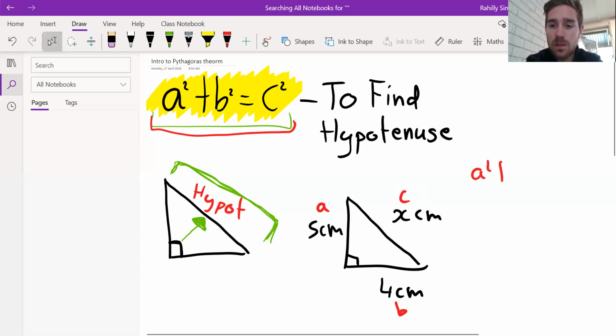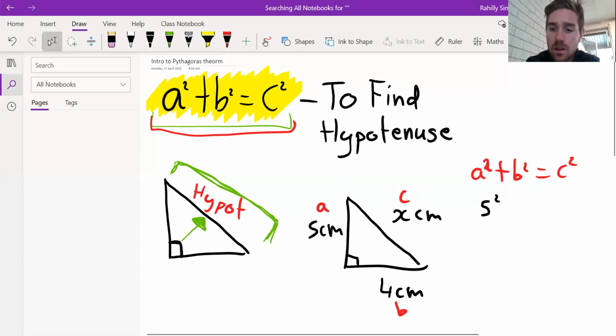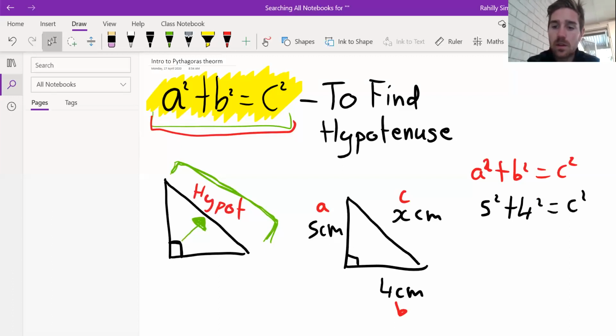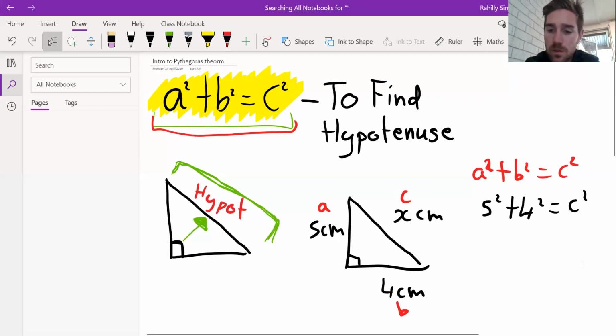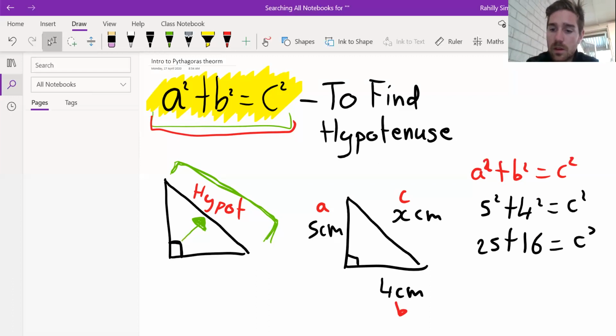A squared plus b squared equals c squared. Okay, now that becomes 5 squared plus 4 squared equals c squared. All you need to do on your calculator is punch that in. 5 squared is 25, 4 squared is 16, equals c squared. 25 plus 16 gets you to 41,